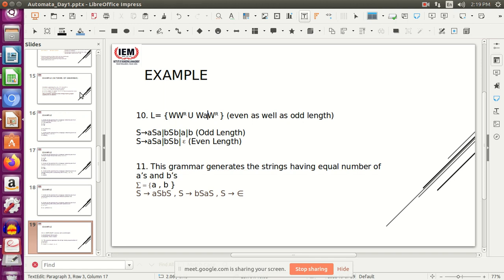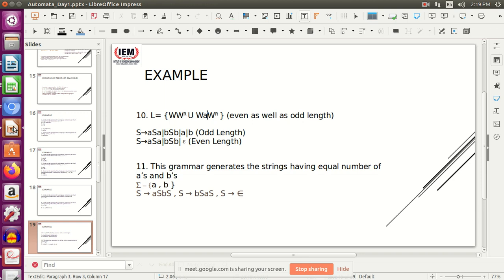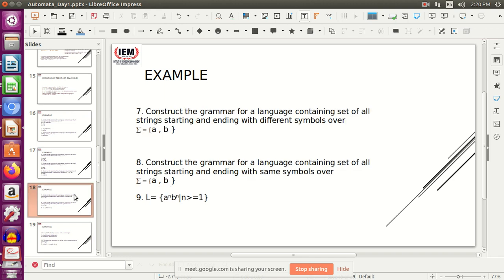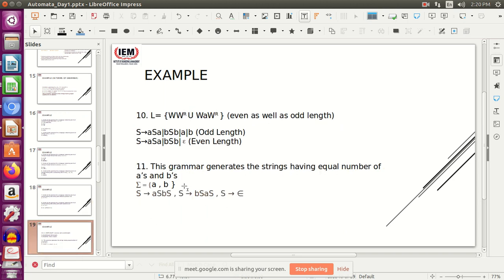Okay. Next, moving on to the next example, we have to create a grammar which generates strings having equal number of A's and B's. Now let me tell you, you had done something of the similar type in a previous class. That is, you had done A to the power n, B to the power n, which means again same number of A and B. But here another constraint was there, the sequence constraint. That is, you will have a series of A followed by a series of B's. But over here no such constraint is given. You can have A and B anywhere in the entire string, but the total number of A should be equal to the total number of B.